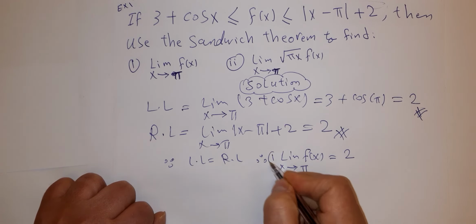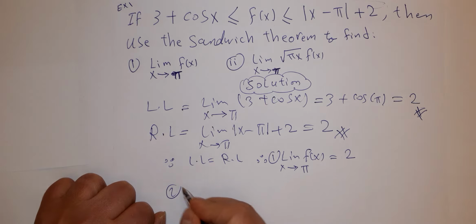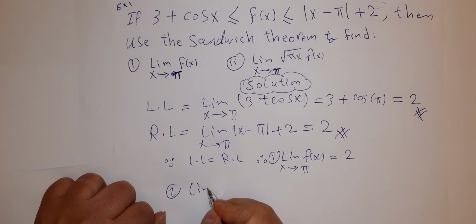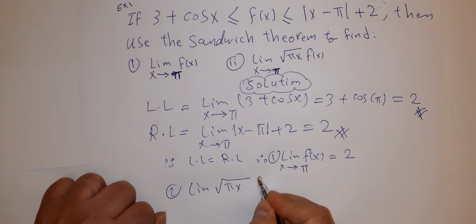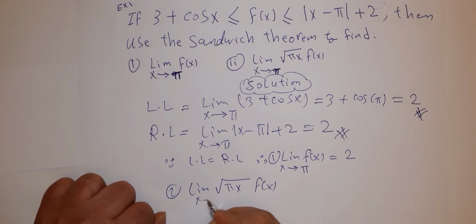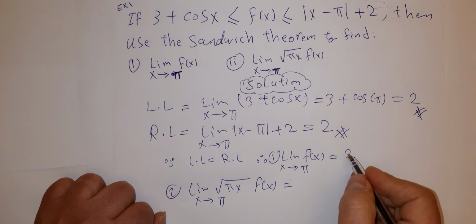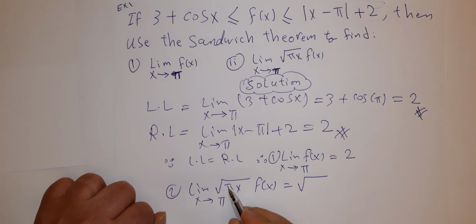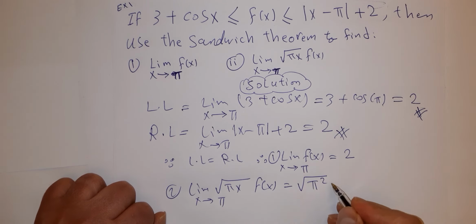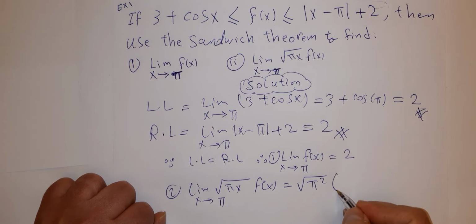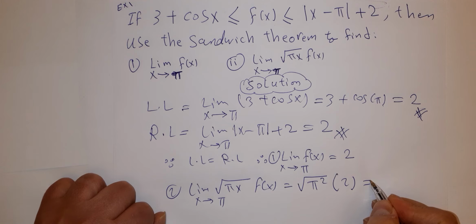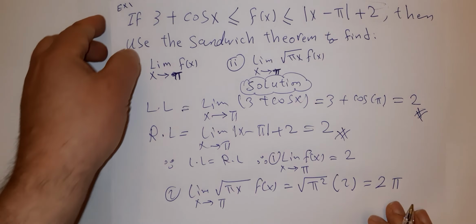This is number 1. For number 2, the limit of root pi x f of x when x tends to pi. Now substitute here x equals pi and limit f of x equals 2 from the previous step. So you have pi times pi squared times the limit f of x, which is 2, so the final answer is 2 pi. Another example,